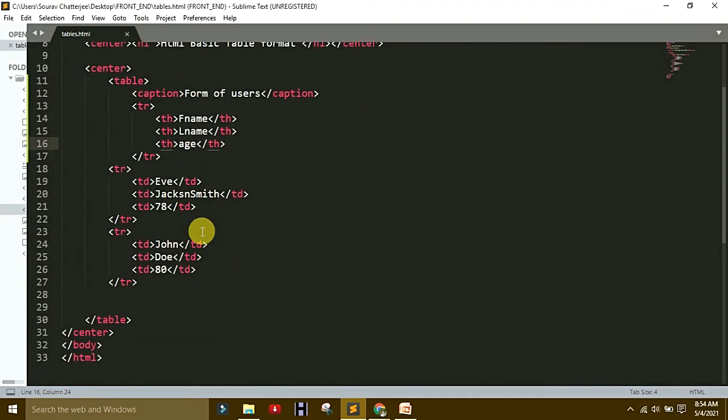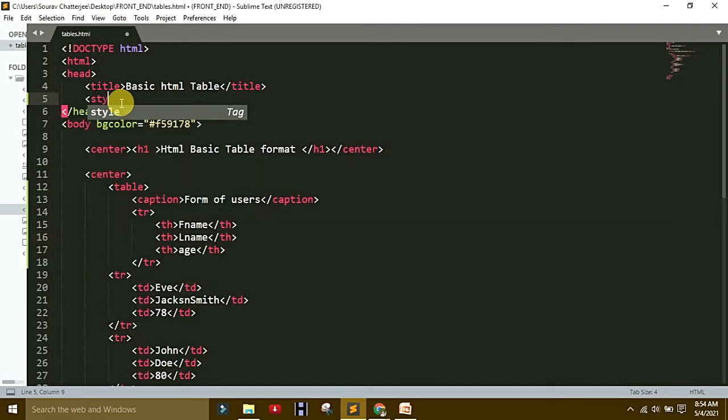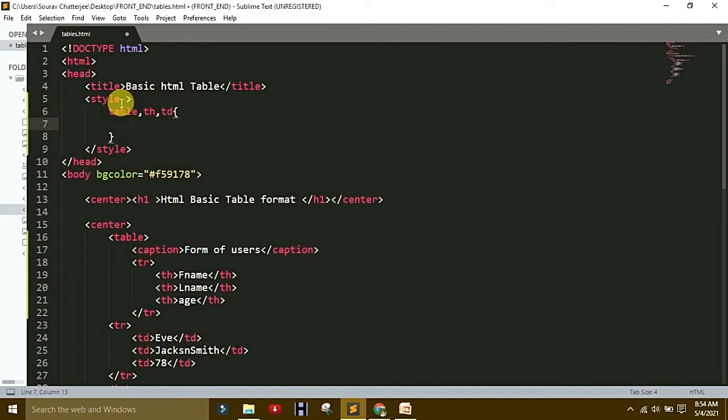For your better understanding, I will show a very nice format. So how to make it: delete all, or make a style tag here under the heading tag, remove style.css. Make a style tag under the heading tag, then again table, th means table heading, or td means table data.